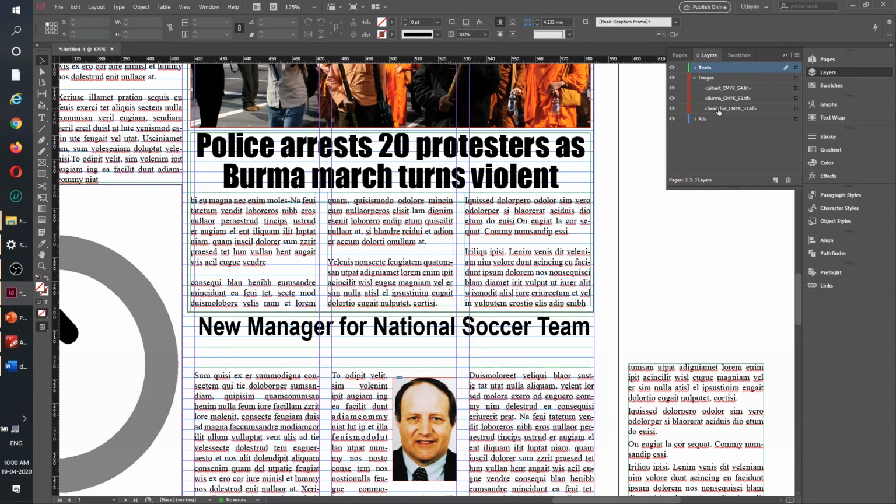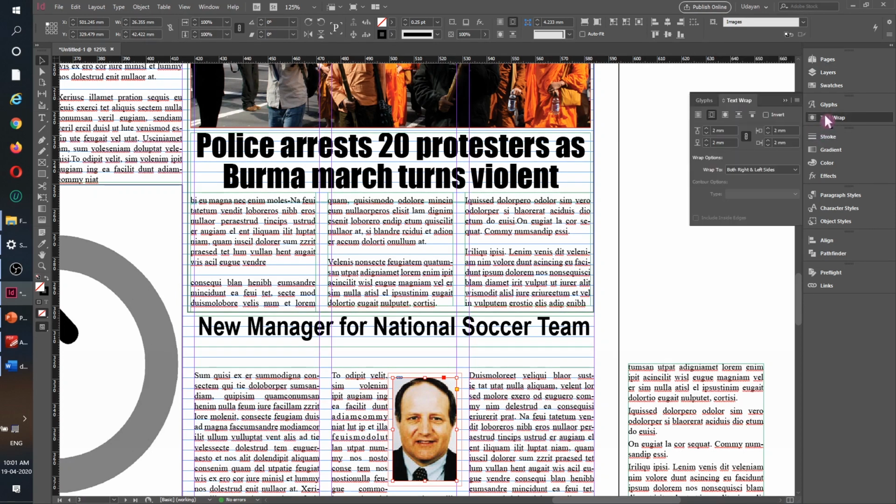I can select my Gilbert image. So this is this image. Sometimes you will find these problems. So this one I will make it lock. So this is not going to come. Now if I can come, I can select this. Okay, this is the advantage of using this layer's text wrap.